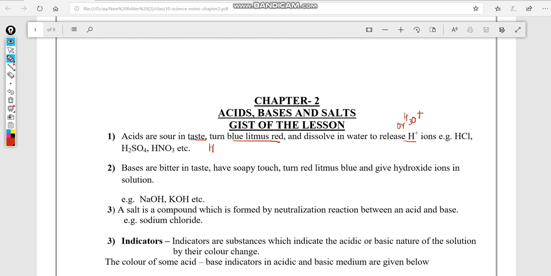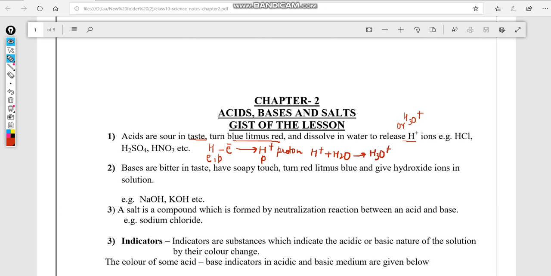How is the H+ ion formed? Hydrogen has one electron and one proton. When it loses one electron, it is converted into hydrogen ion, H+. And this H+ ion has only one proton. Hence, H+ ion is also known as proton. Electron, proton, neutron, all fundamental particles do not exist in isolated form. Hence, as soon as this H+ ion is produced by an acid, it combines with water and is converted into